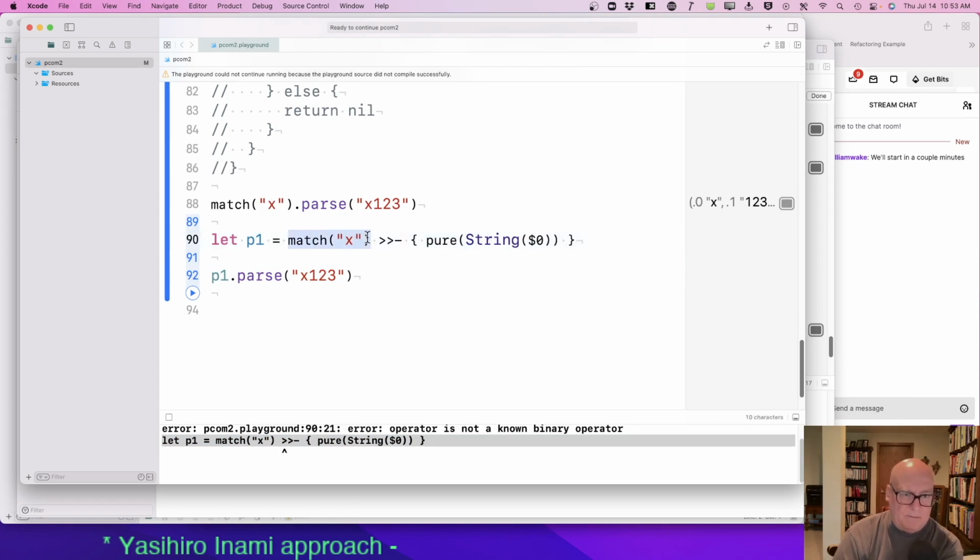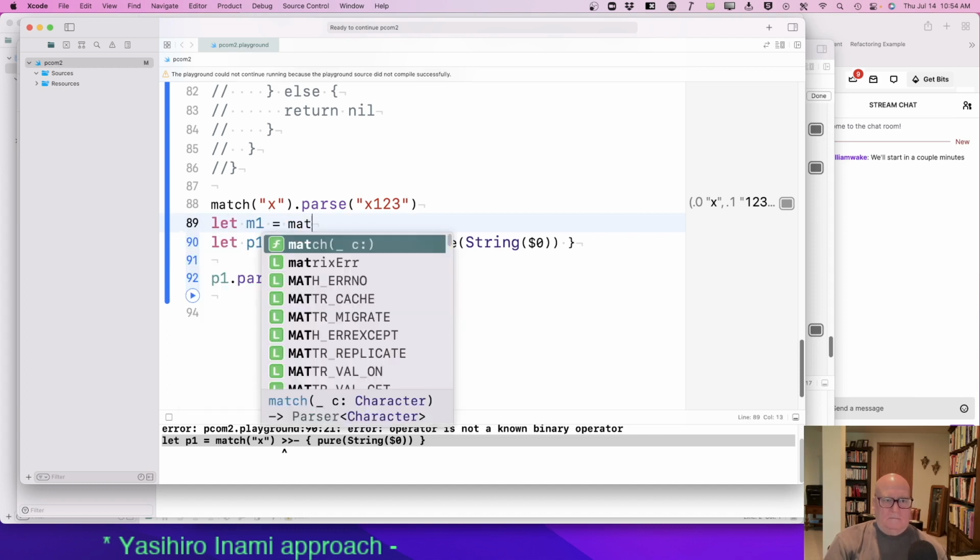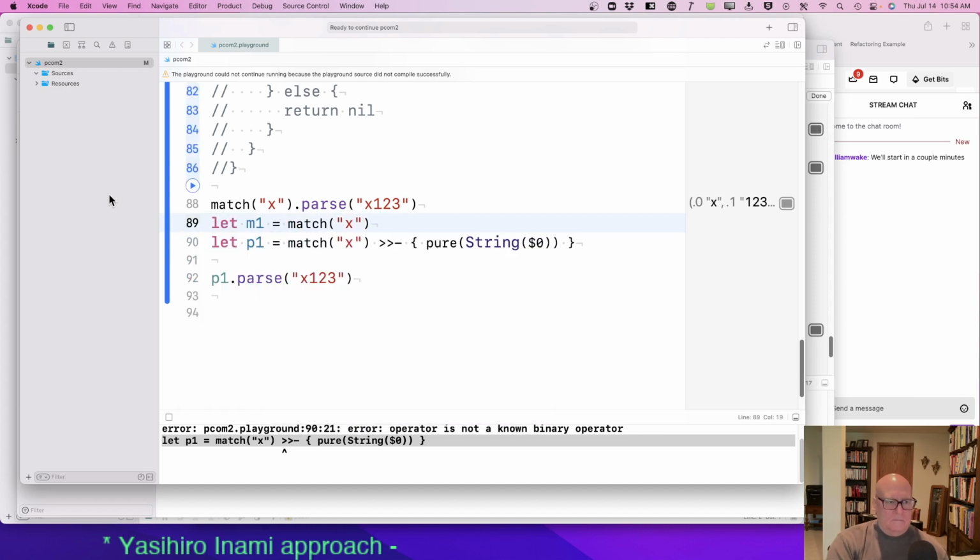Match of x is a parser. m1 is a parser of character.